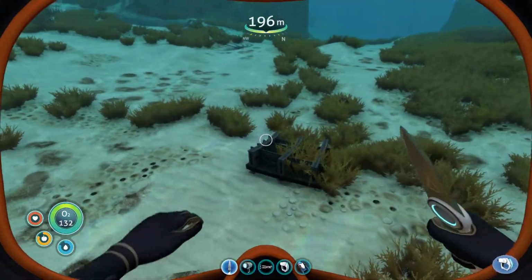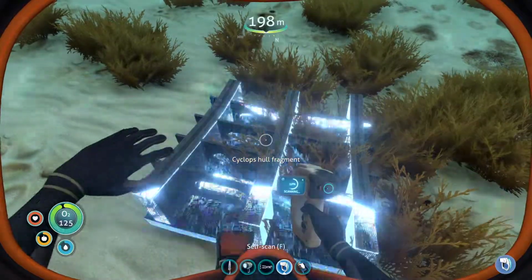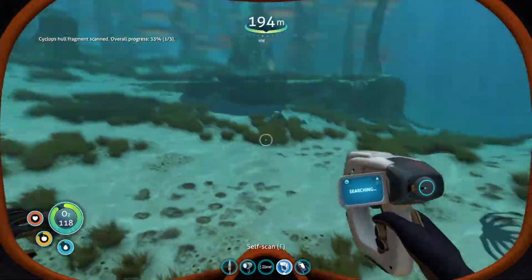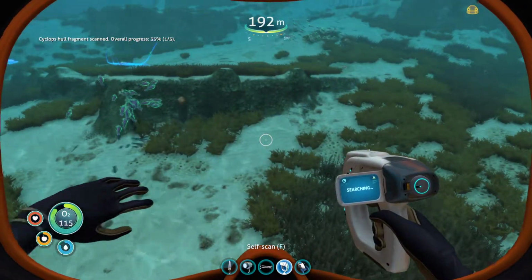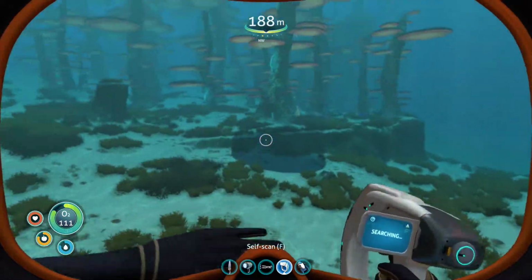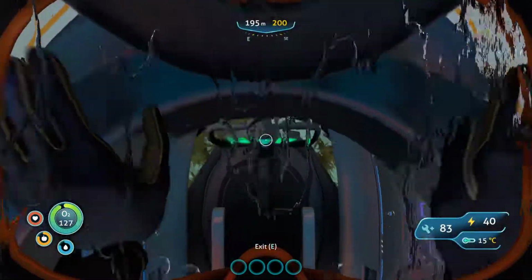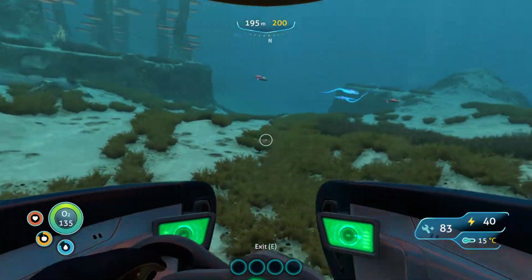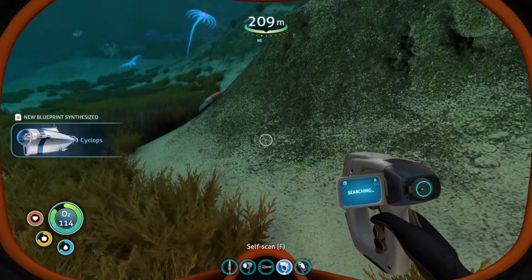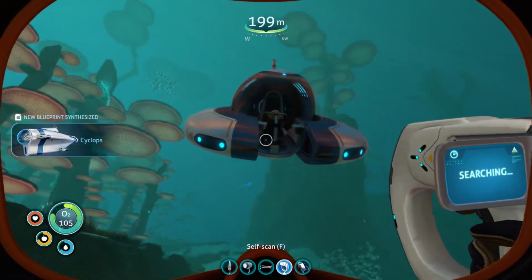Alright guys, here we go. This is exactly what we want here, the Cyclops hull fragment. I think we do need to find 3 of them, if I'm not mistaken. Yes, we do. It did take me a little bit of time to find that. They blend in very well with the grass, so they can be difficult to spot at times. But so far, so good. We'll keep looking around and try to find the last 2 that we need. Alright, guys, I found the last piece that we needed of the Cyclops hull,